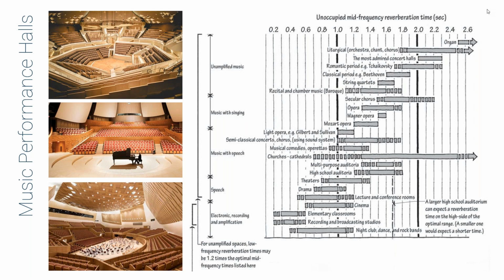So this is sort of on the scale of the most important, right? If, let's say, you're building a music performance hall, and if you look at this chart, which I had to include because I did not know this, it is absolutely amazing: when you are building an orchestra hall or something, there's actually different reverberation to optimize for, let's say, Tchaikovsky's performance versus Beethoven or Mozart opera,